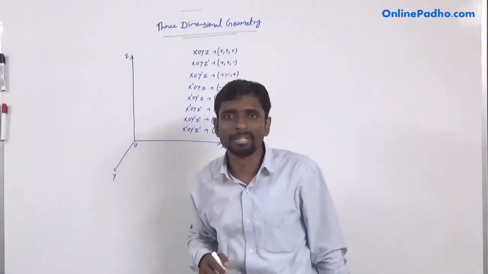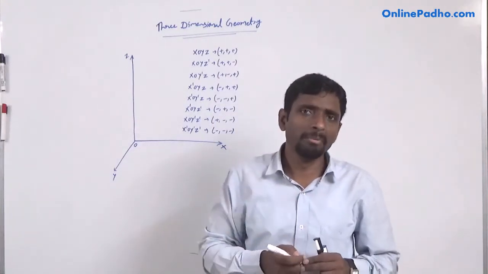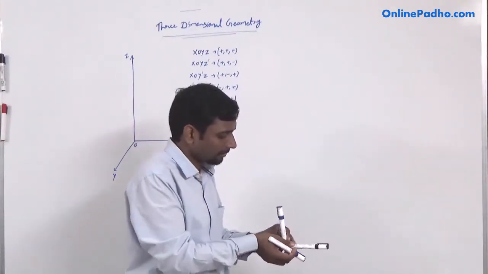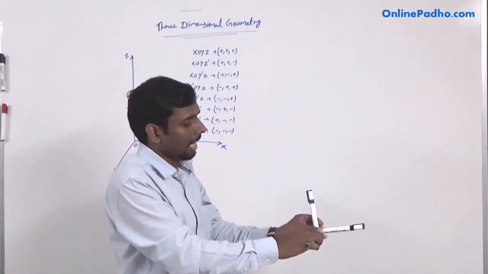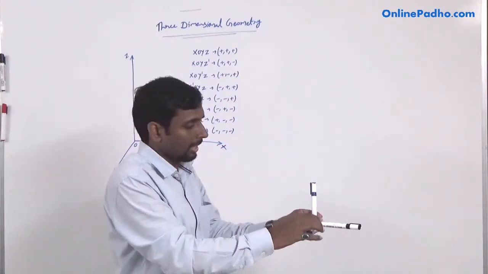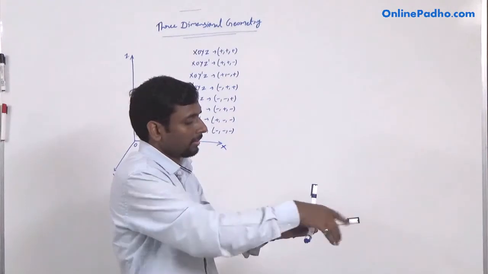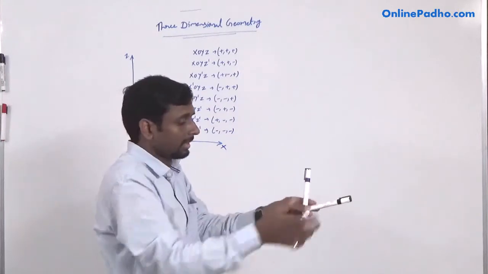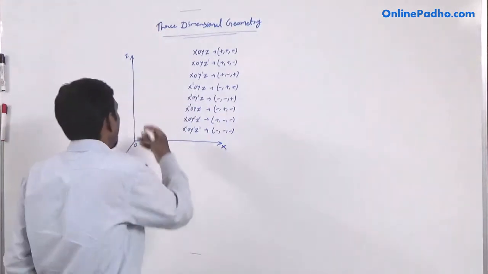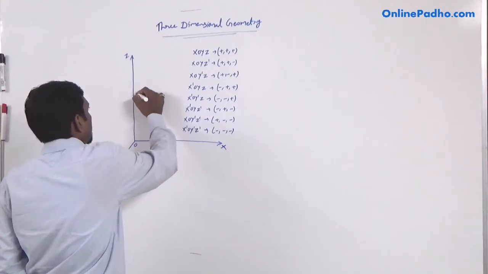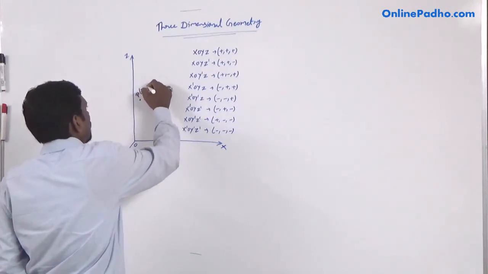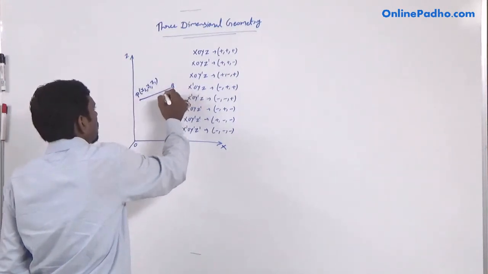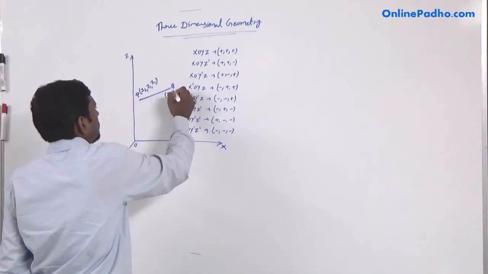We can represent a point on the axes. Now, how can we find the distance between 2 points in the three-dimensional plane? Let us see, if we have a three-dimensional plane like this, with x, y, and z axes, and we have 2 points on the corner of the first octant. These are the points. How can we find the distance between 2 points? So if we have 2 points in the first octant, like point P as x1, y1, z1, and let's consider the point Q whose coordinates are x2, y2, z2.